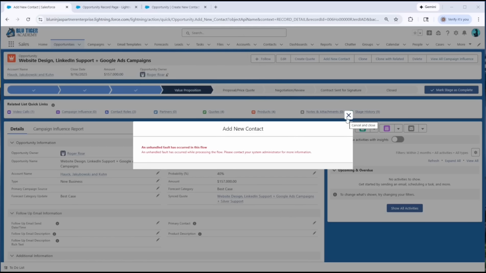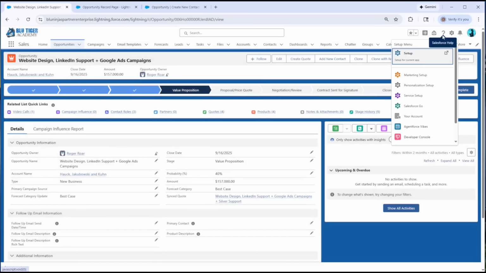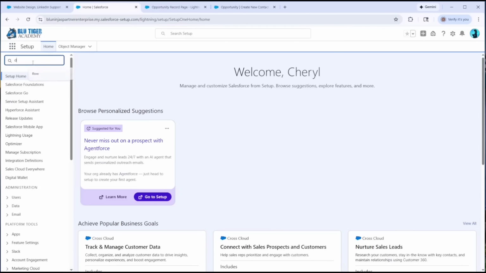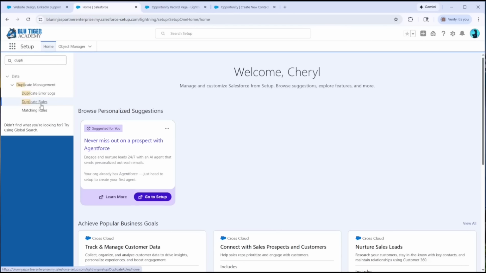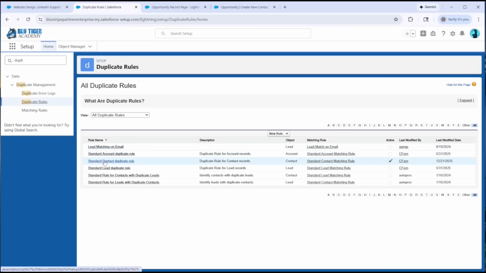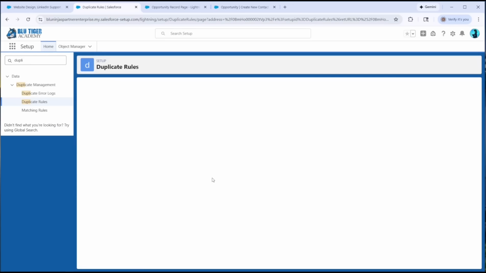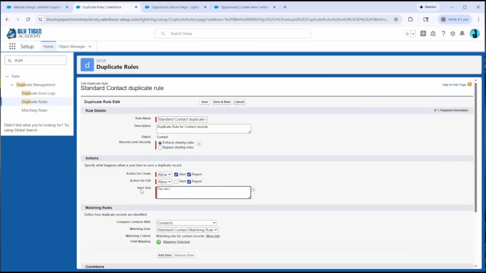Now we want to update the flow so that it tells the user exactly what's wrong and lets them change the data if they need to. We're going to go over first to our duplicate rule, and we're going to make the error that the duplicate rule is showing be a little bit more descriptive. So this is the duplicate rule that we have turned on. And then you can see this is the alert text. We're going to change this to say, you are entering a duplicate contact. And then we can look for this specific text in our flow,